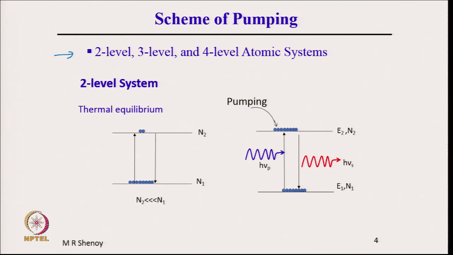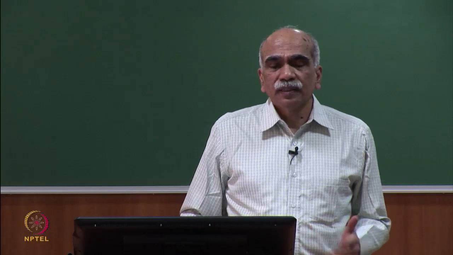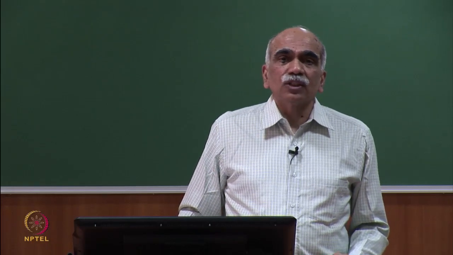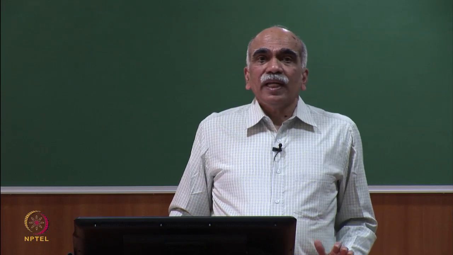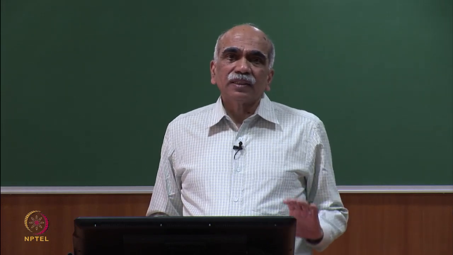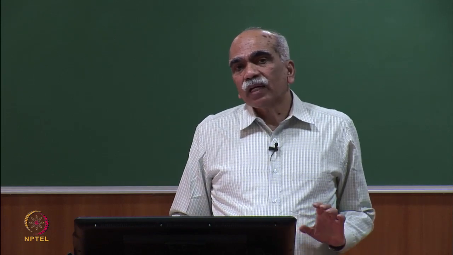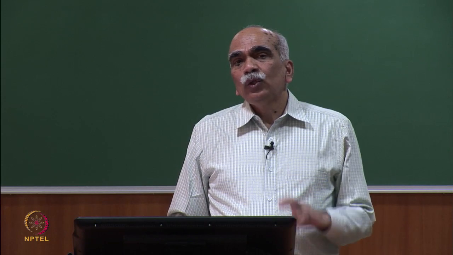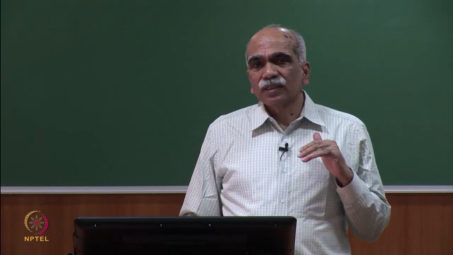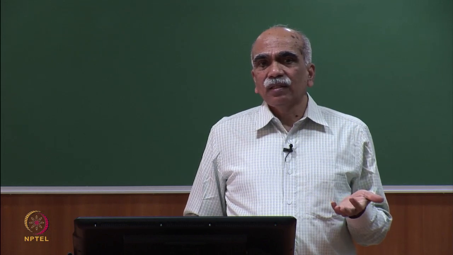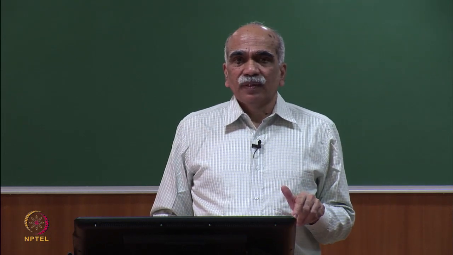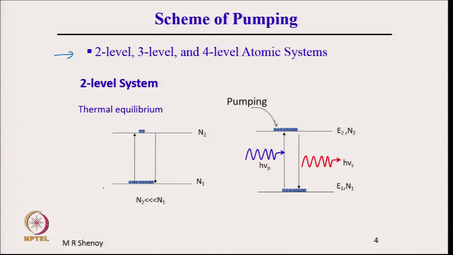We know that atoms are characterized by a large number of discrete energy levels. So, there are not just 2 levels, there are many levels, but when we say we are discussing a 2 level system, we are referring to an atom where 2 atomic energy levels, one is the ground state and the other an excited state, are interacting with the radiation. And in a 2 level system, therefore, we are considering the ground state with energy E1 and an excited state, usually the first excited state E2, in the presence of radiation.